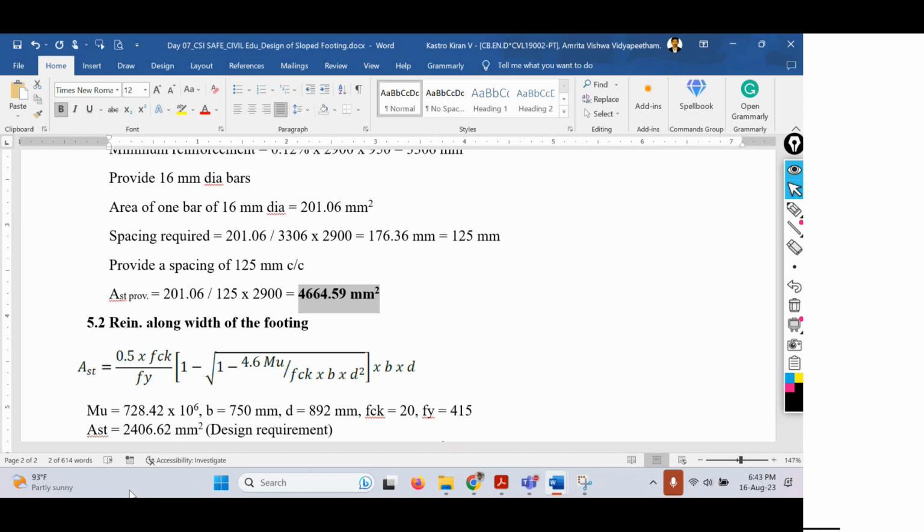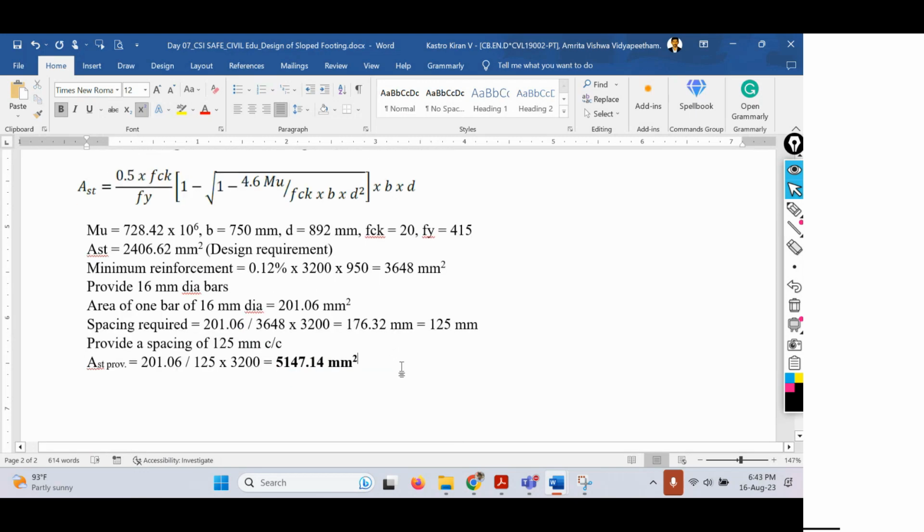Right. So now we have to look for the shear calculation. Okay, shear force calculation. Shear force calculation is little complex here because we cannot use the same formula we have been using for the shear force calculation. So I'll show you which one we have to use and what has to be adopted. Give me a second. Yeah. So check for one-way shear. So how to check one-way shear? In order to check one-way shear, since here the depth of the footing is